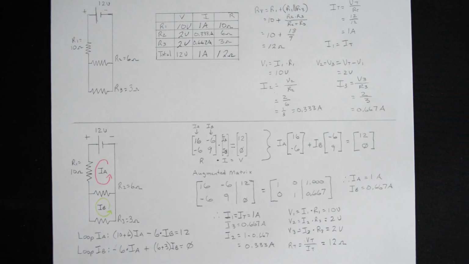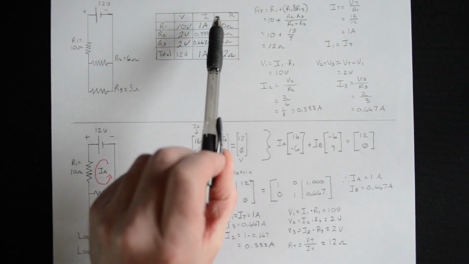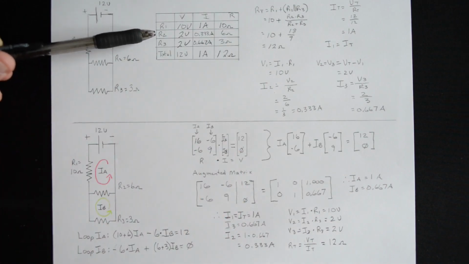So let's get right down to it. So I won't spend much time on this top half because this is how you have been taught to do this most basic of combination circuits. So we have R1 in series with R2 and R3, which are in parallel with each other. Okay, so we set up our table like we always do, the voltage, current, resistance across the top, R1, R2, R3, and our